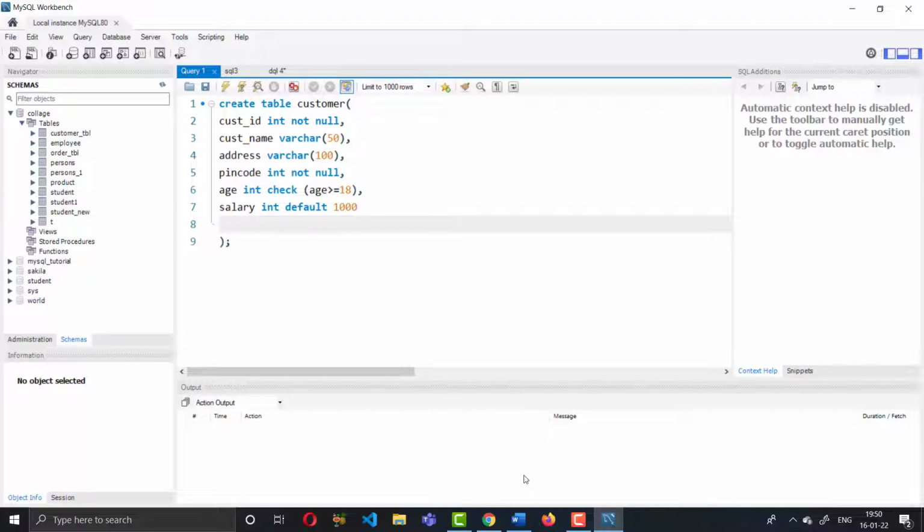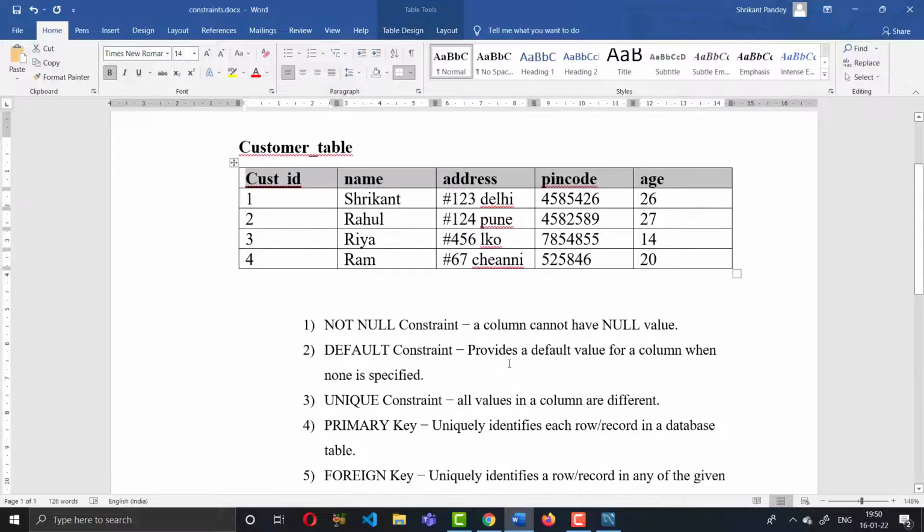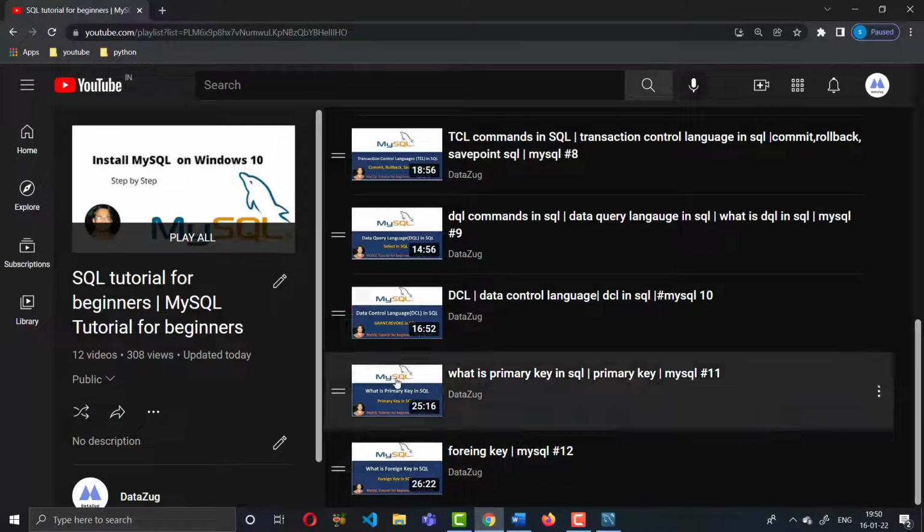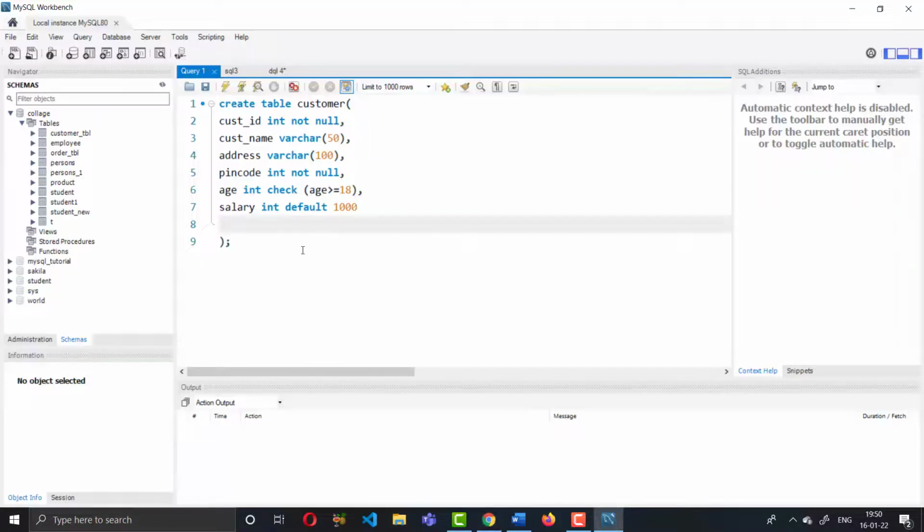And suppose now I add one more column, suppose I give a unique father name. I am inserting one attribute, father name, varchar, and applying unique, father name varchar unique.